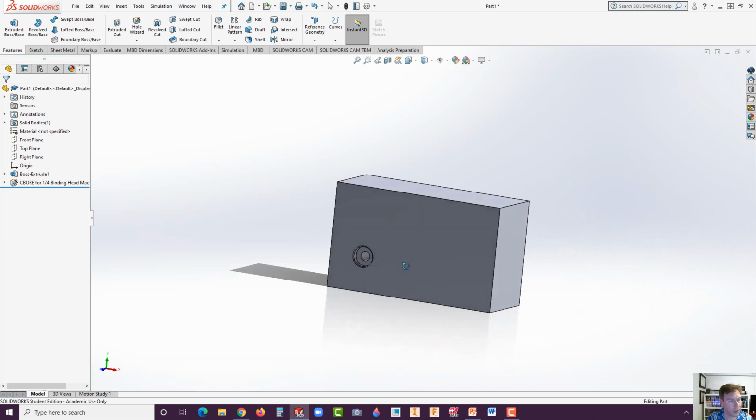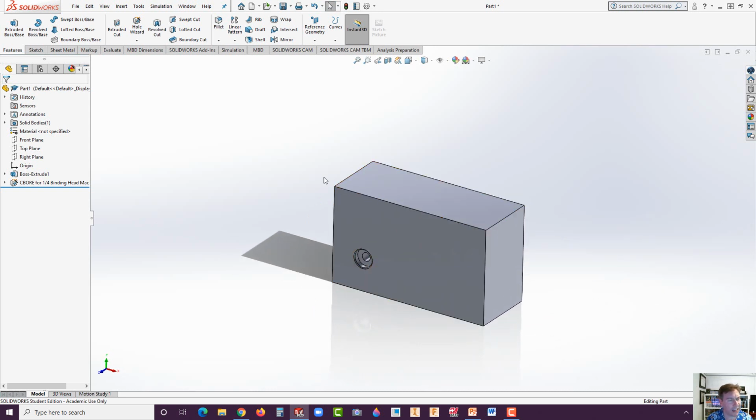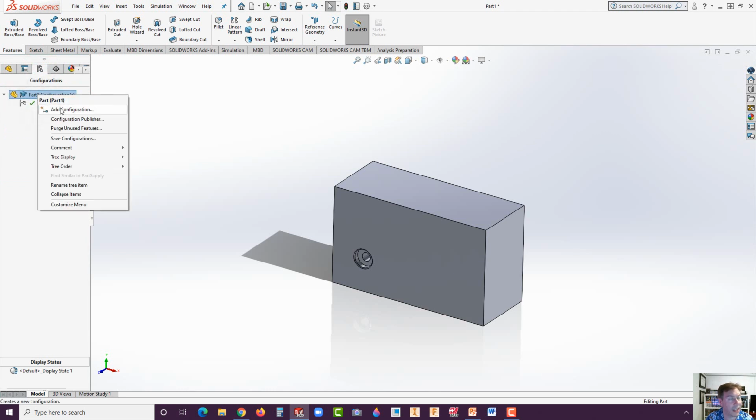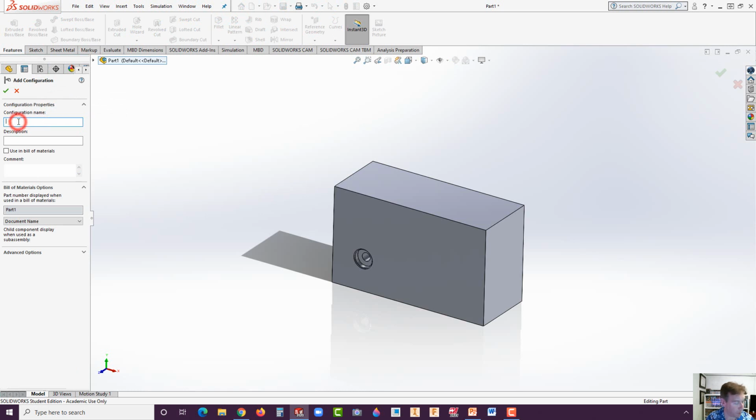All right, now we're going to go ahead and make a configuration without an Excel spreadsheet first. So to do this, hit the little tab up here, the Configurations Manager, and you'll see there's only one default configuration. Go ahead and right-click on where it says Part 1 and click on Add Configuration. And we'll call this,